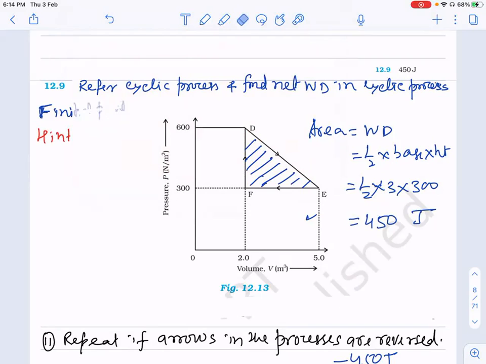यहाँ पे मैं लिखूं हिंट में क्या है, ये क्या दिया है, फिर इसको हटा दो। हिंट में area of the loop. Cyclic means closed loop, area of the closed loop, cyclic loop gives net work done।